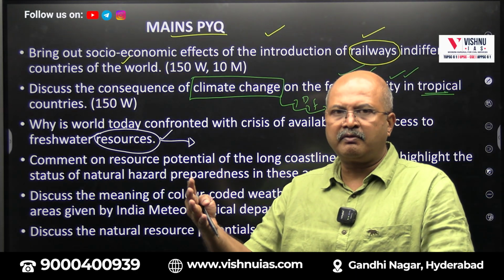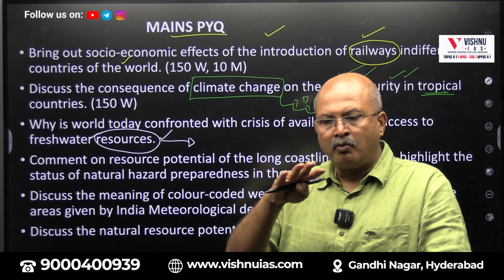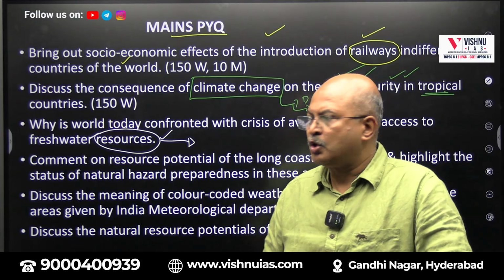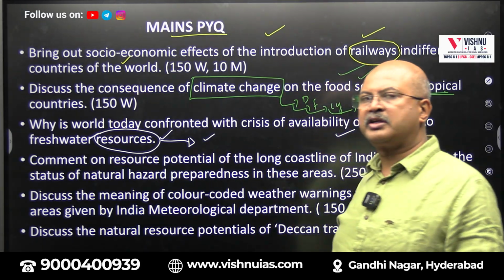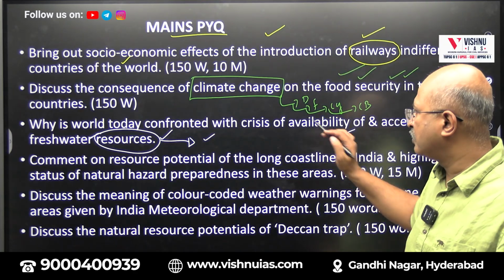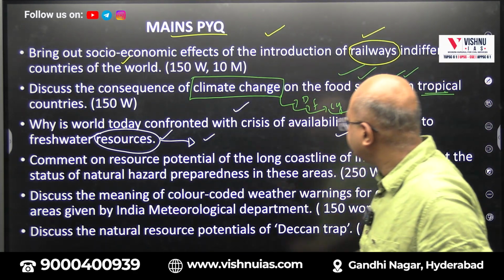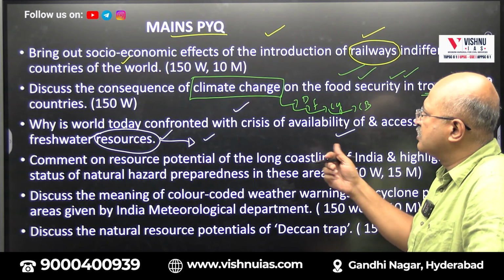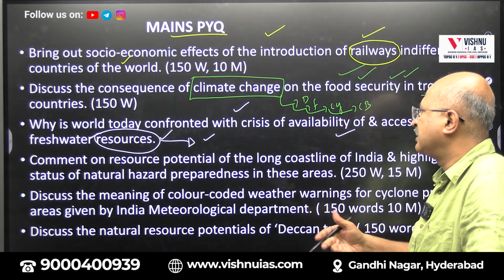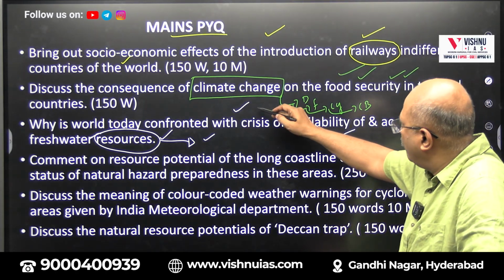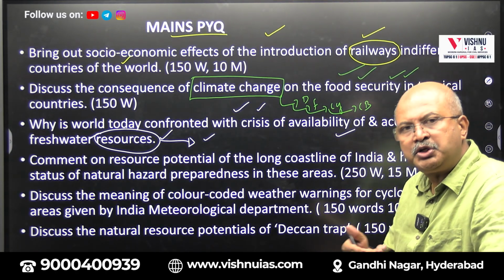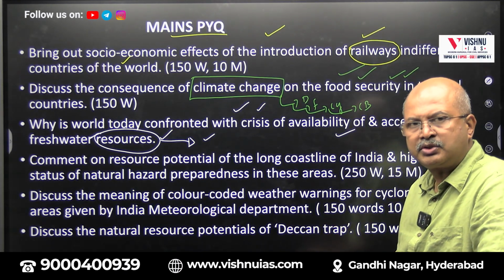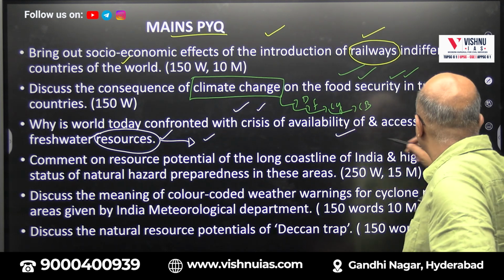So hence, we always emphasize resources and resource development. How the resources are developed, how the planning is done, how the financial arrangement is being done, what policies we have. All these are discussed in the context of resources in geography study, right? Questions will be there on availability of and access to fresh water. Fresh water resources means rivers, lakes, ponds. So what they have and what are the issues associated with them. Pollution is one such issue, encroachment is one such issue. So all those are to be studied here.